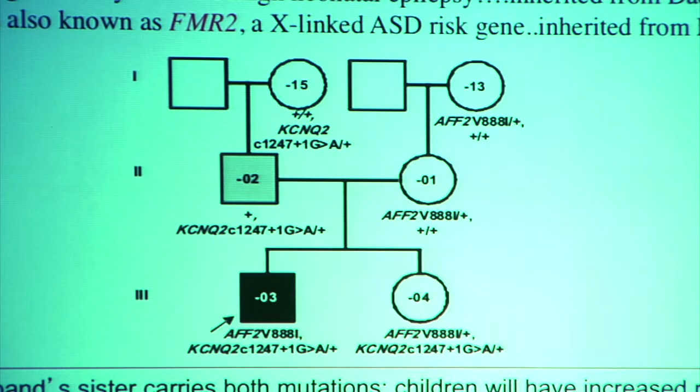She has a second X chromosome that likely protects her. You may also notice that the boy's sibling, the sister on the right, carries both of these mutations. So far, she has not experienced epilepsy or autism, again probably because she's a girl having a protective X chromosome. But as this girl gets older, she will need to be counseled that her family, her children, may be at